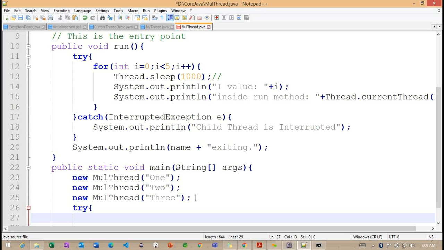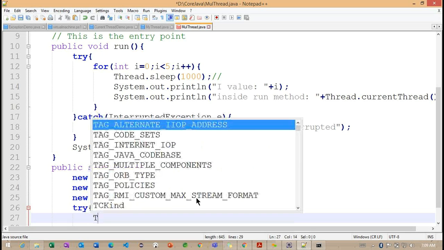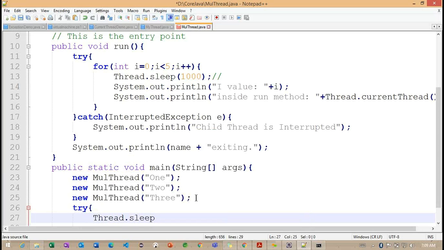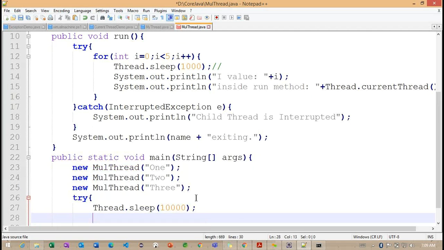Now observe here, I'm working with the try block. Inside this try block, I want to make the current thread wait. Thread.sleep, and here I gave 10,000 milliseconds as the sleep time.